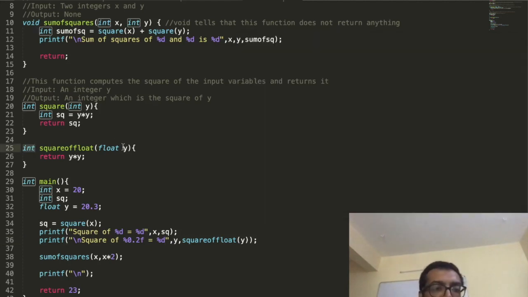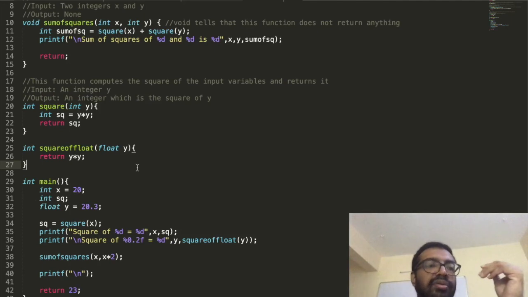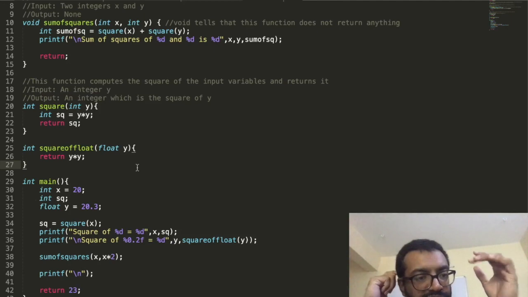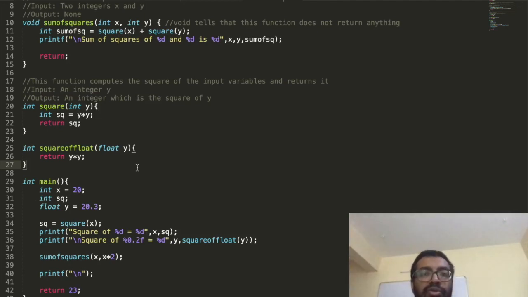So you have the freedom. The output type can be different from the input type. That's what I wanted to bring here. The input type is float here, the output type is integer. You could have had that. You could have had a char type also as output, character type, which is denoted by char. That can also be an output type or an input type. So you have the freedom to choose which type you want. Okay, so this is how you write functions. Good. Now we move on to the next